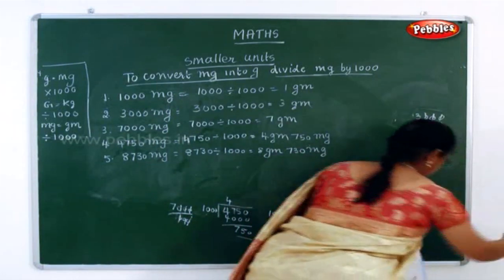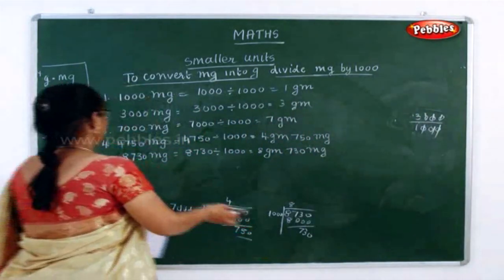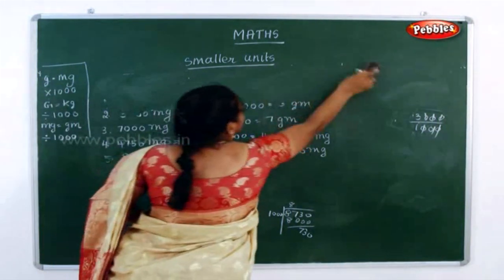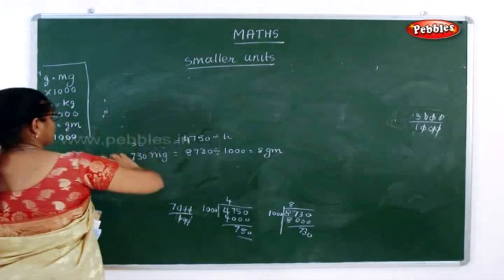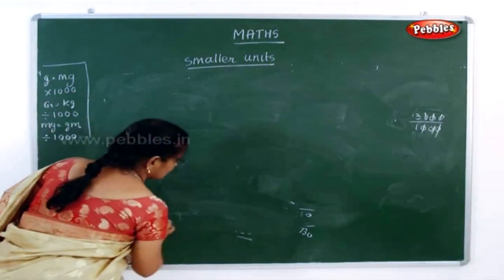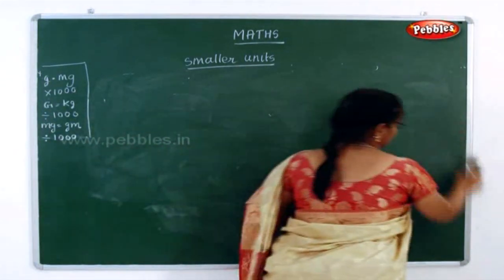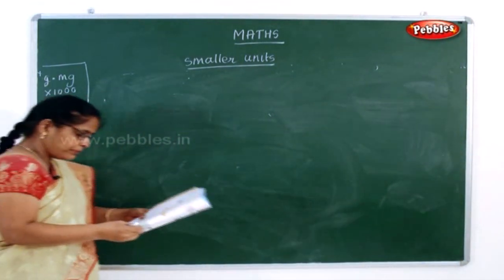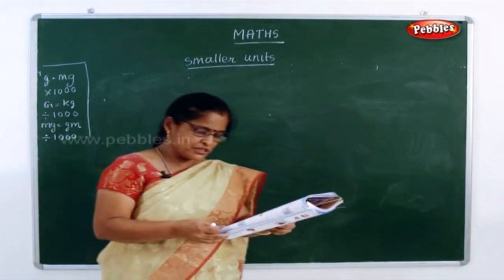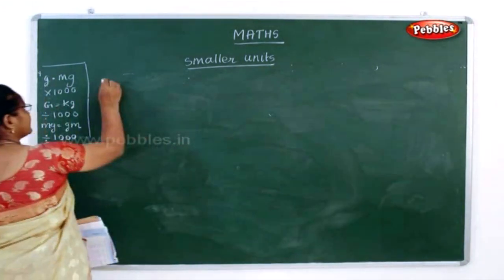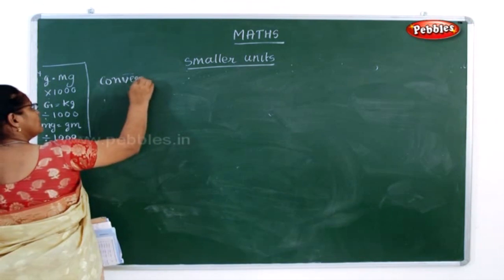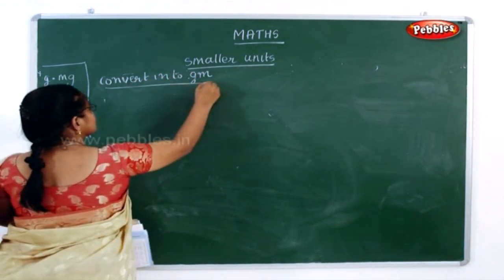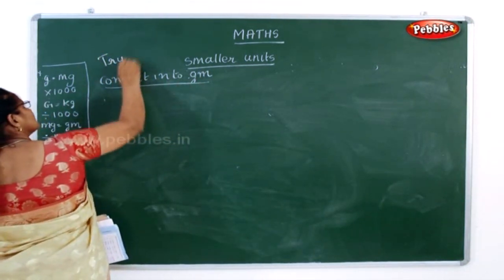Now next one is, they have given us try these sums, with conversion of mgs and grams. Try these sums. What is in try these sums? First one, what is it they have given? Convert the following measurement into gram. You have to convert into grams. That is the sum they have given in try these.